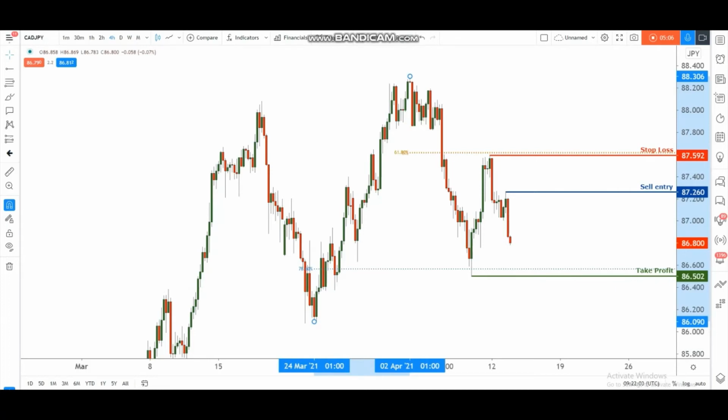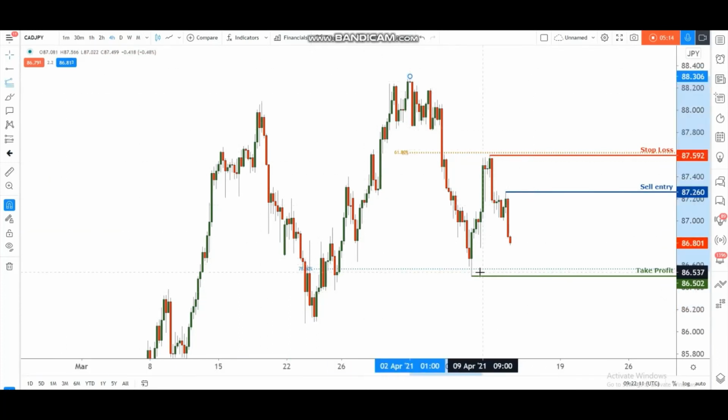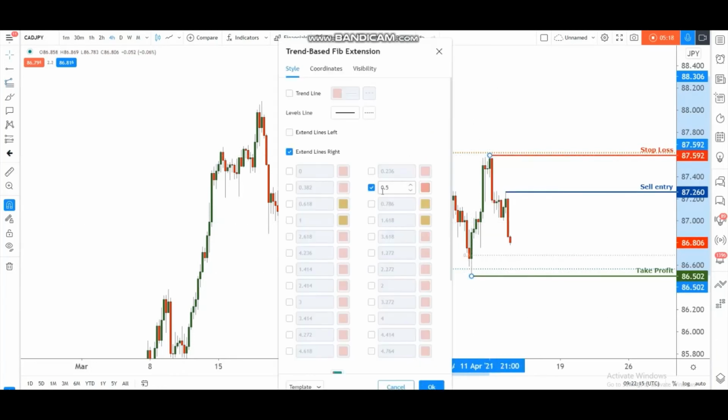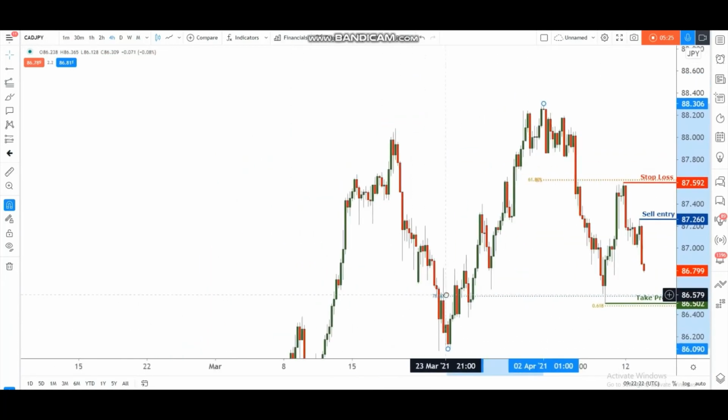And the last thing I can do is to find a Fibonacci extension. So from high to low to high to find my support level once again, and open up the 61.8% level. You can see that it forms a Fibonacci confluence area. So if I were to highlight this area,